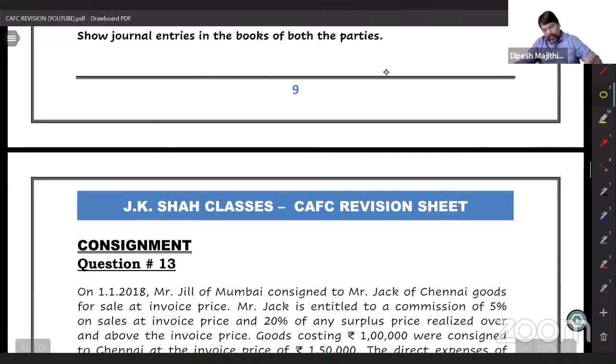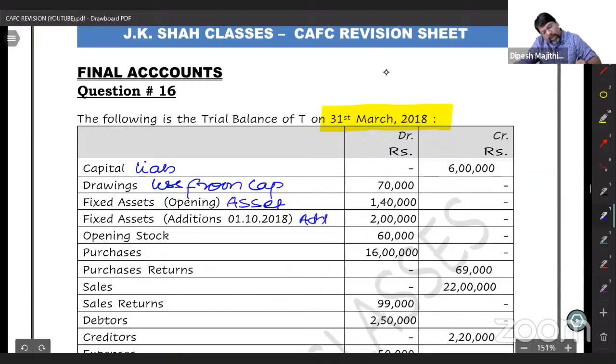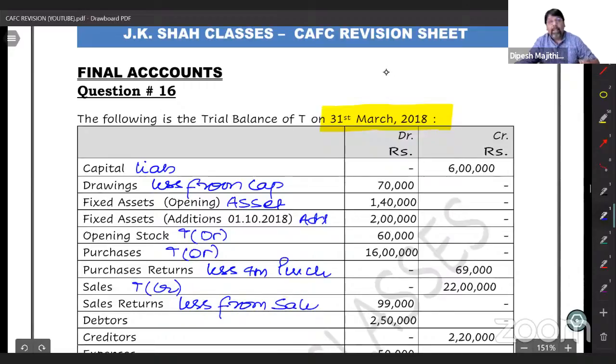Following is the trial balance as on 31st of March 2018. I hope you would have understood all the adjustments as discussed in final accounts chapter. Now, capital will come in liability, drawings less from capital, fixed asset, this is added to fixed asset, opening stock trading debit, purchases trading debit, purchase return less from purchases, sales trading credit, return less from sales,